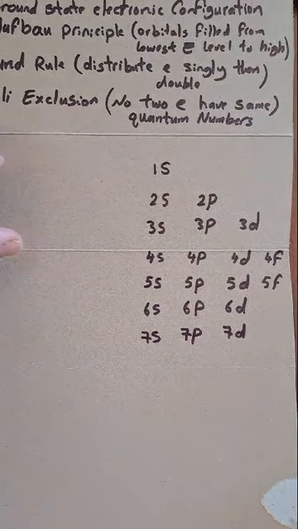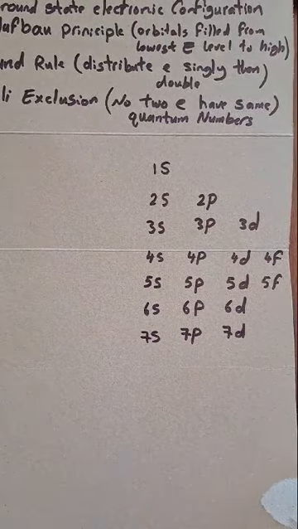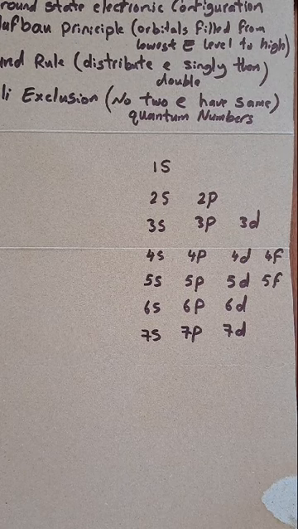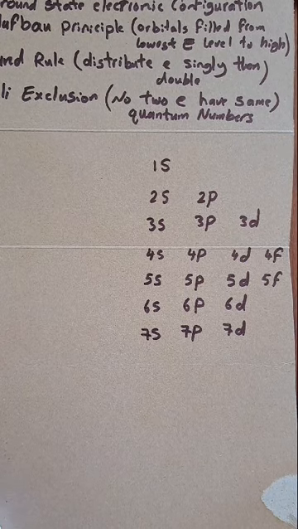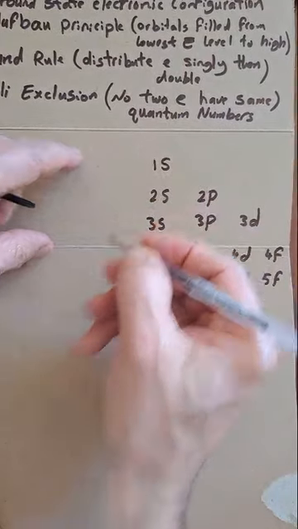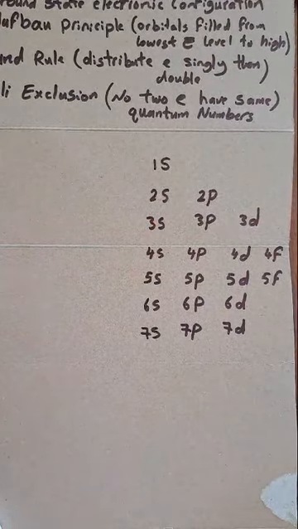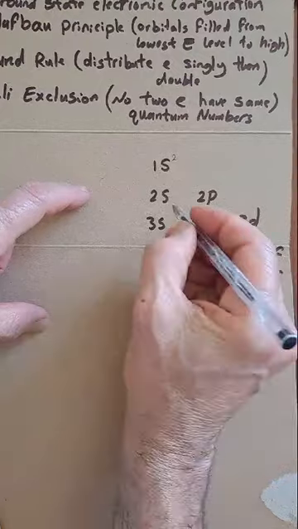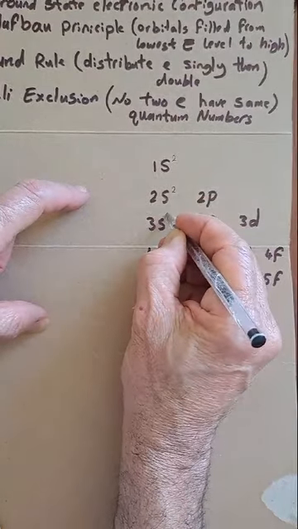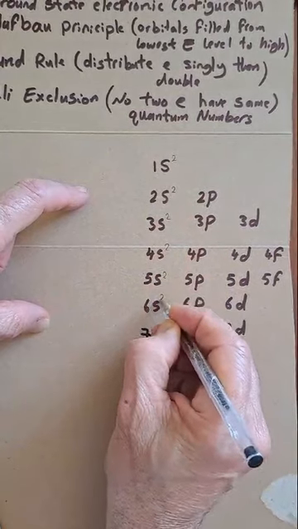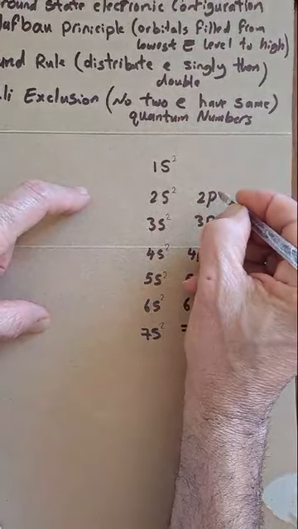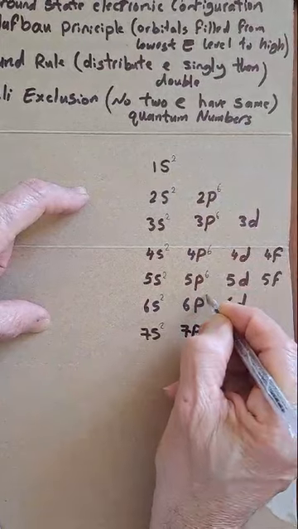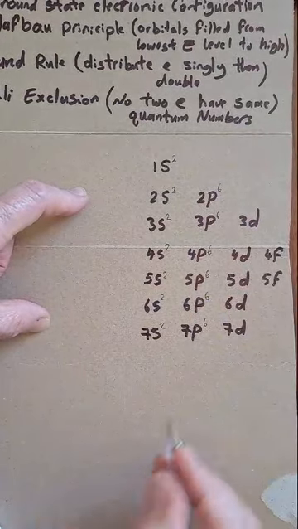Now, once we need to fill these orbitals, we need to explain that the maximum number of electrons in the s is how many? 2. In every s, 2 electrons. And every p can take a maximum of 6 electrons. And every d orbital